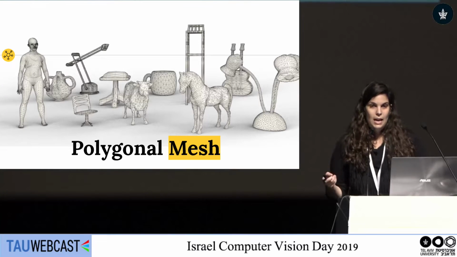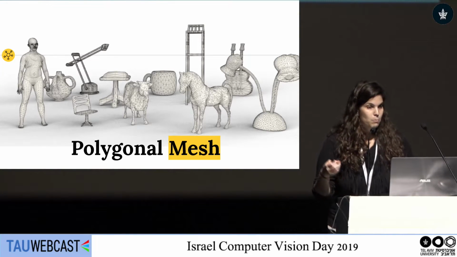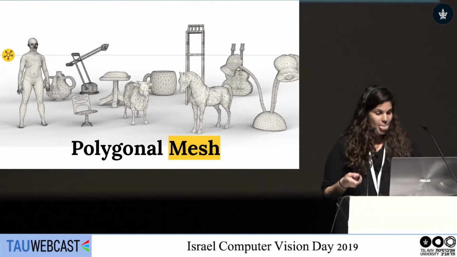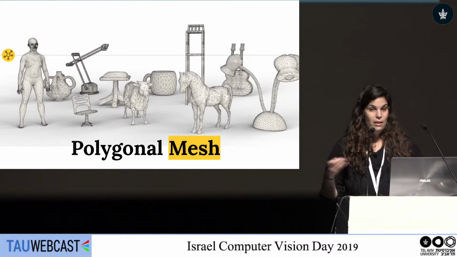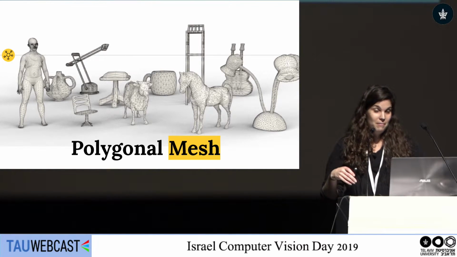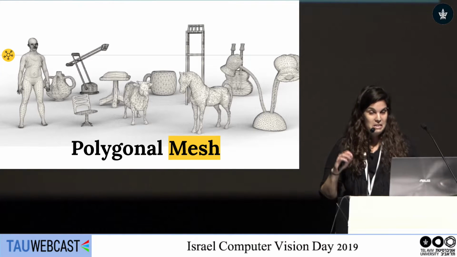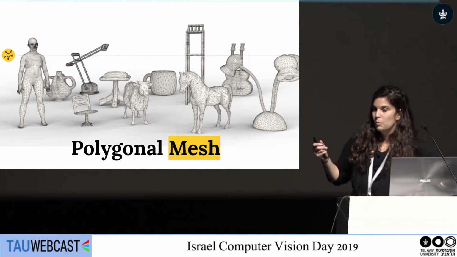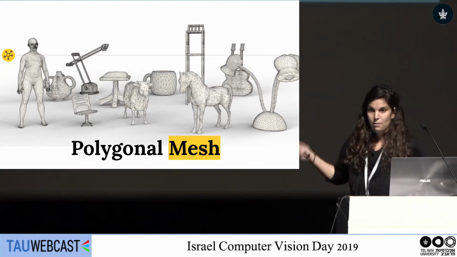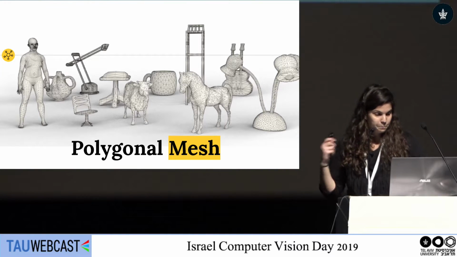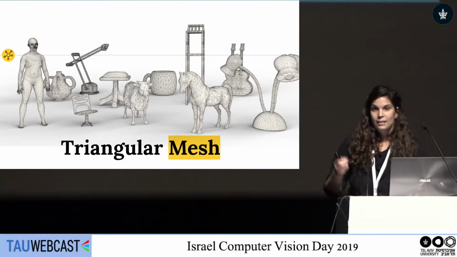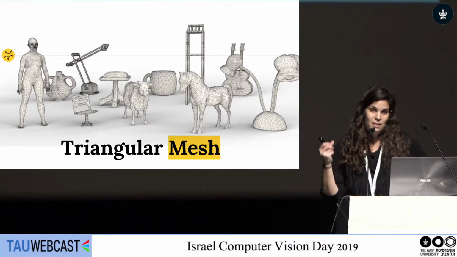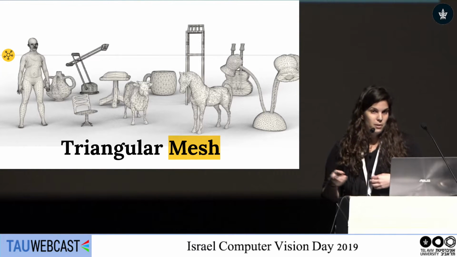In the world of 3D and computer graphics, the most popular representation for 3D shapes is the polygonal mesh. There are not that many works on irregular shapes. Relatively speaking, in Israel there are a good amount of groups that are developing works which do CNNs on irregular manifolds. In this work, we want to focus on building a CNN which will work directly on the triangular mesh representation and exploit its unique properties.